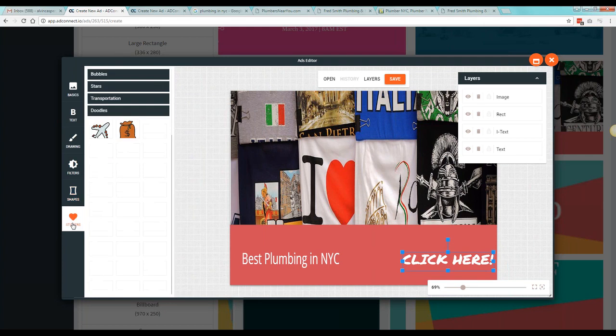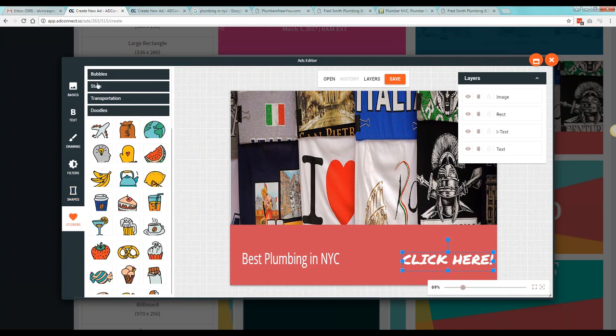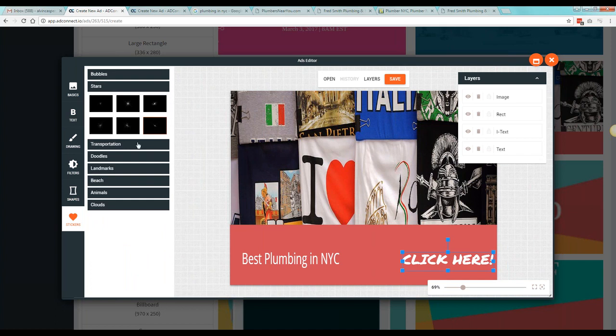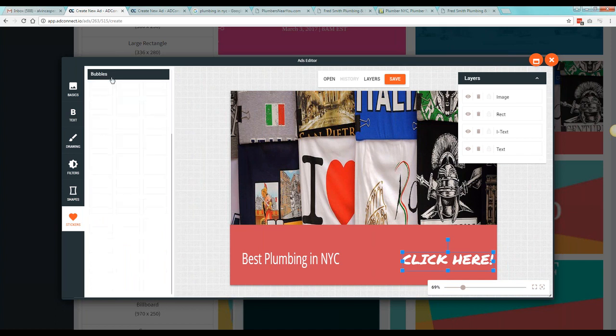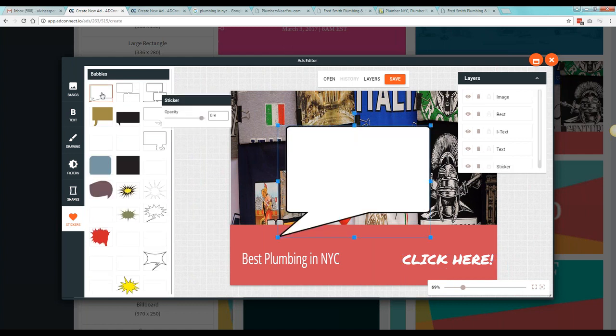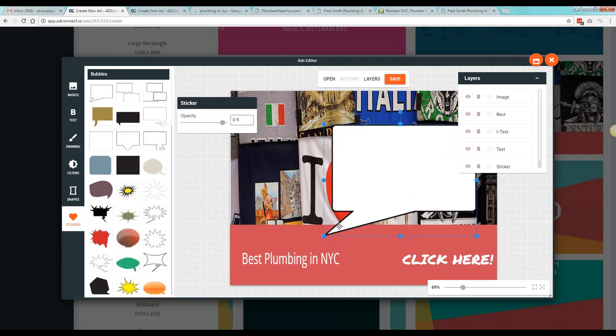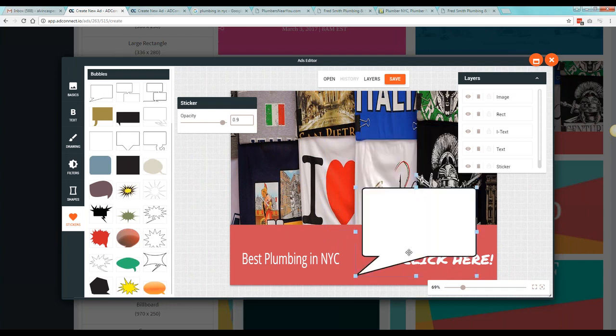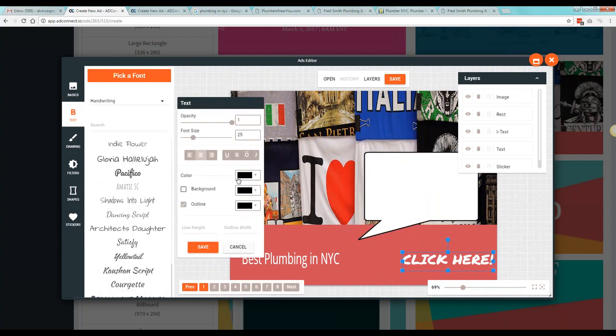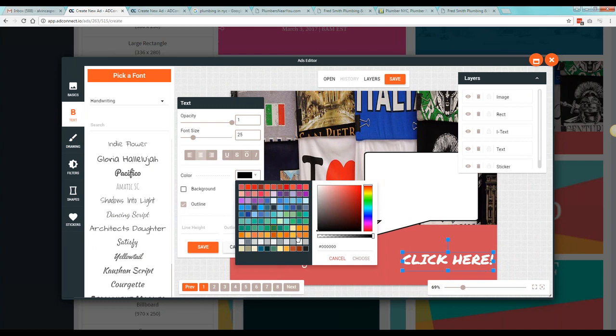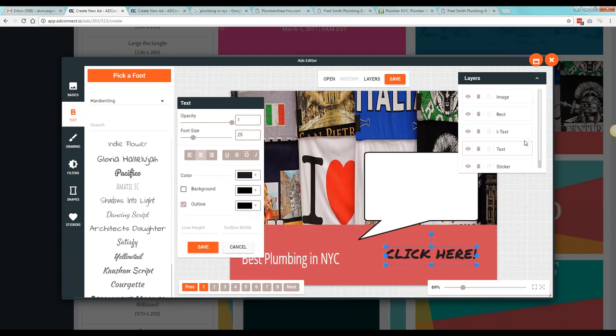You can also add some doodles as well, like stickers, stars, bubbles. So you want to add stars, for example, or you want to add bubbles, for example, here. So you can put that here to make your ad stand out a bit more. And let's say you want this to change as well. So black, there we go. And we can also put this,